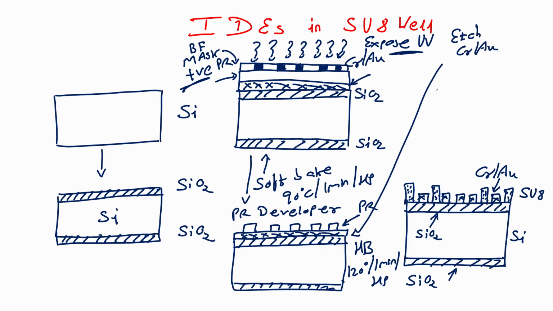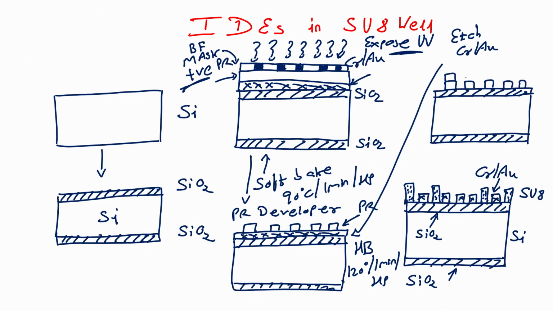So, what you will have is an oxidized silicon wafer with interdigital electrodes, but there is a photoresist. So, the next step would be to dip this wafer